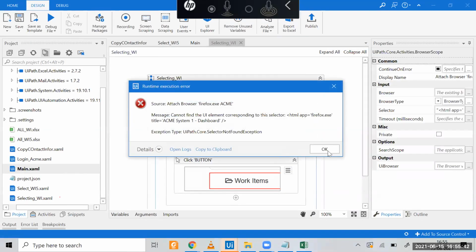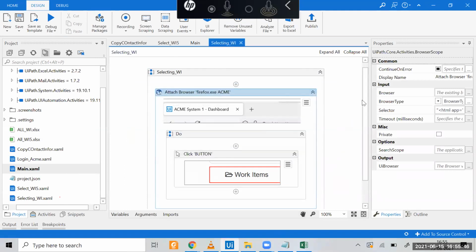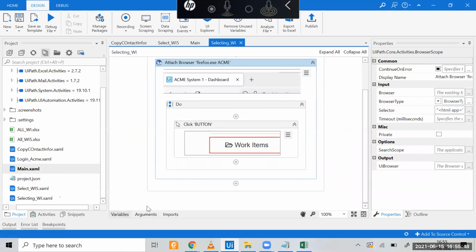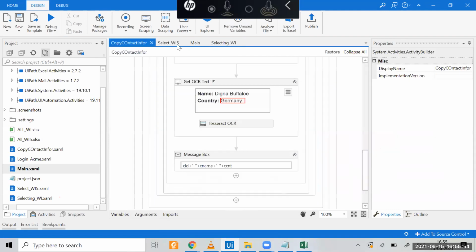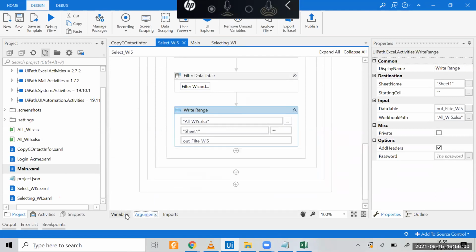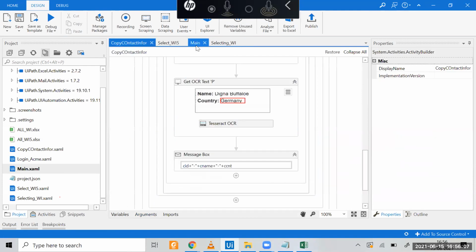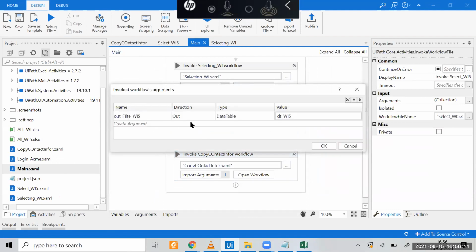Sir, about the arguments, do we have to create new arguments? Sir, it's showing an error. Yeah, you have to convert that variable to an argument for this one. You have already created one variable, na, filter, something like that. Yes, sir, I have converted those two arguments. Then you have to invoke that argument here in main, in import.